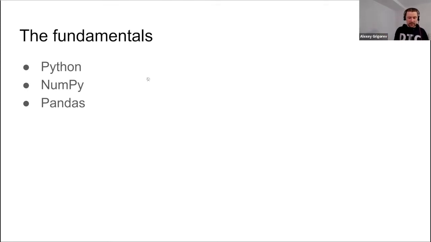So these three things are probably the most important things that you need to know if you are serious about data science and machine learning. And luckily, they are not that difficult. You can just go to your favorite search engine and write "learn NumPy in 20 minutes", and you will have thousands of tutorials. That is sufficient. You don't need more than that.